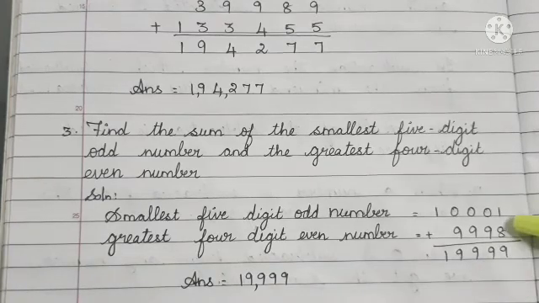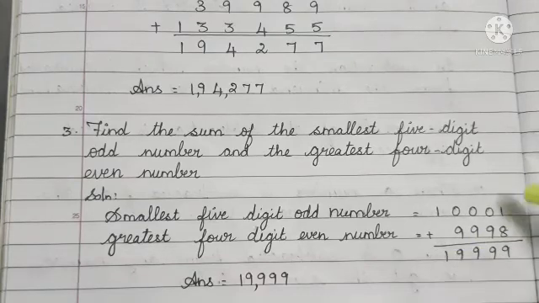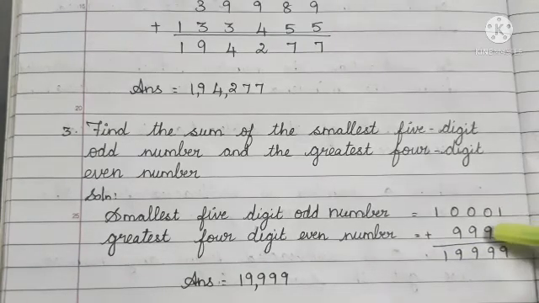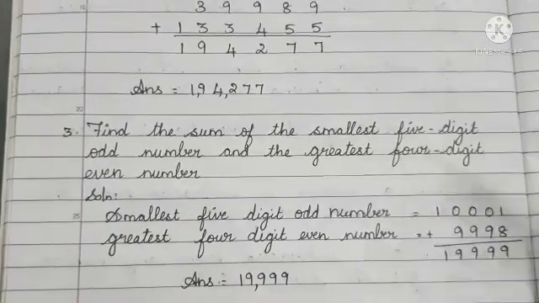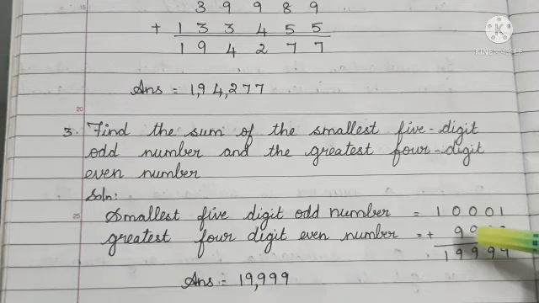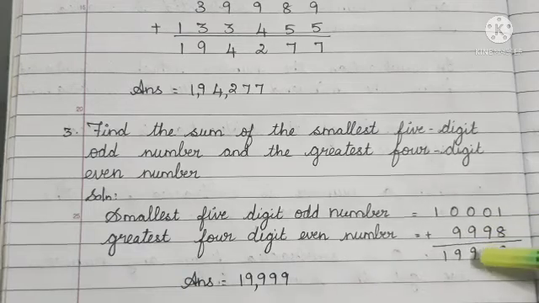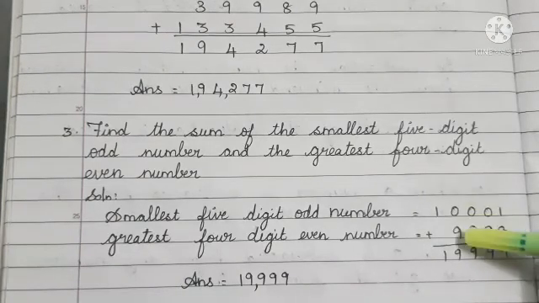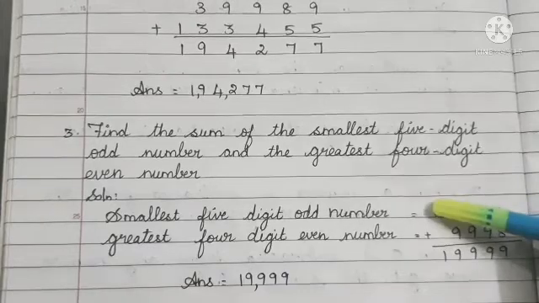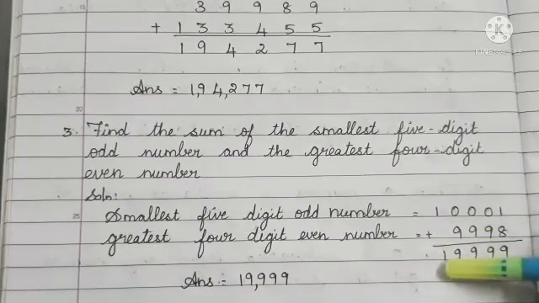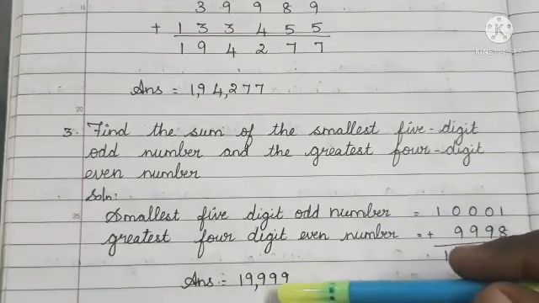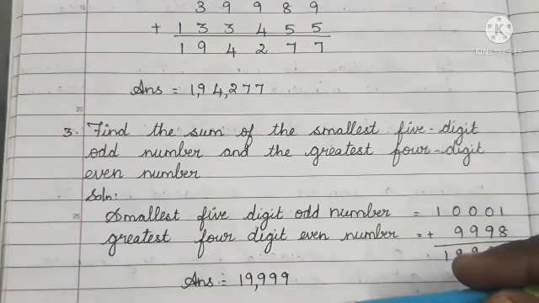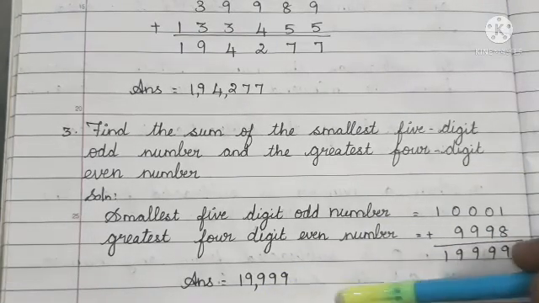From the right side to the left side we want to add. So 1 plus 8 is 9. Next one, 0 plus 9. We know if you add a number with 0 we will get the same number. That means we will get 9. Next again 0 plus 9, you will get 9. Next one, 0 plus 9 is 9. Then here 1 is alone, so we have to write the 1 in the sum place. So what's our answer now? Our answer is 19,999. 19,999 is our answer. Have you understood this?